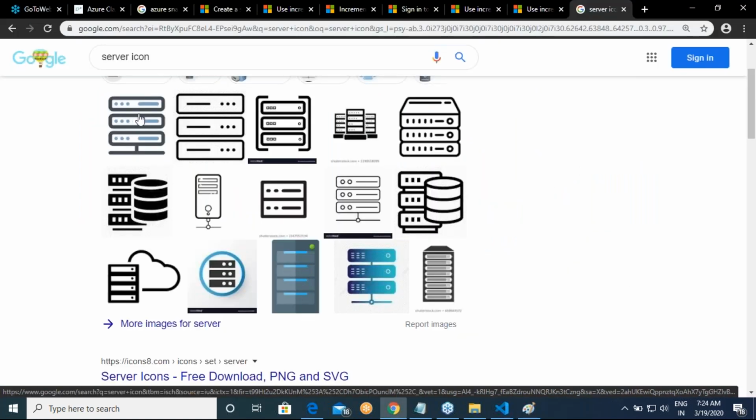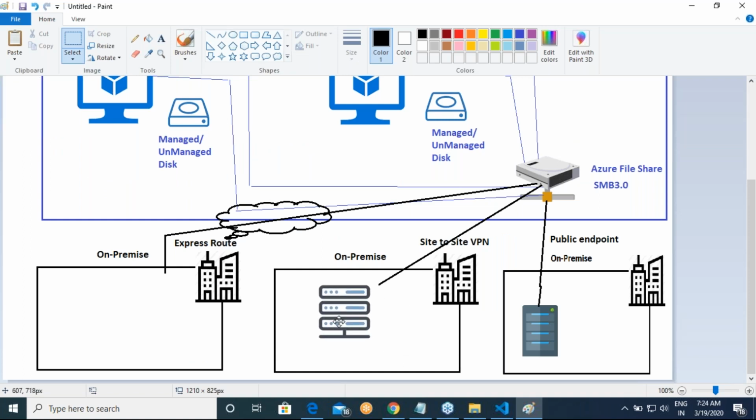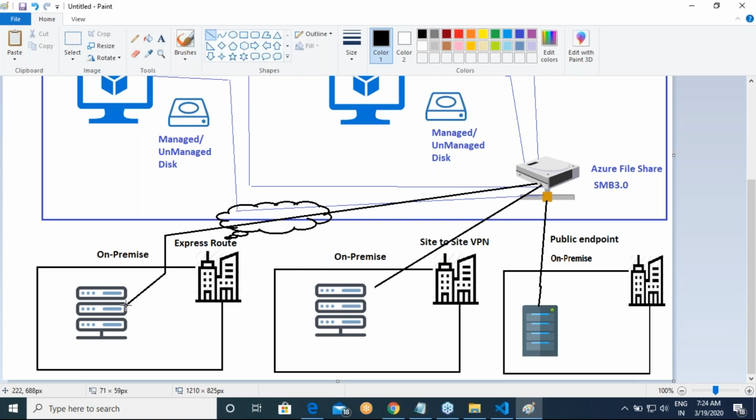So your server in your office can use this Azure file share with three different kinds of connectivity. One is it can directly access it over the public internet. The second one is using site to site VPN, and the third one is using something called ExpressRoute.